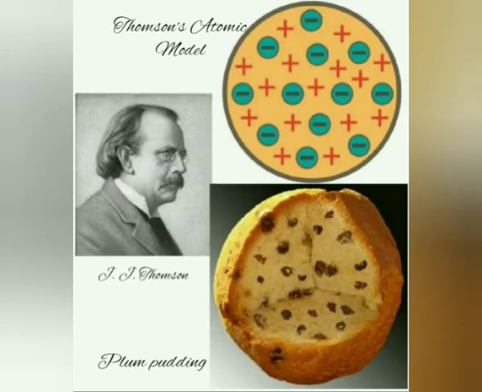As you see in this picture, the topmost has Thomson's atomic model structure. Electrons are embedded in it and the whole sphere is positively charged. Thomson's model resembles the plum pudding as you see at the bottom. This is a sweet in which, in the plum, meaning in the sphere, the raisins are embedded. So this model got discarded because of the points I explained earlier.